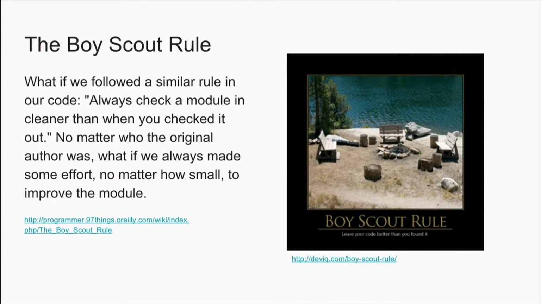And one of the ways you can help this is by using the Boy Scout rule, which is taken from the Boy Scouts and written about in 97 Things Every Programmer Should Know by Uncle Bob. Basically it means if you check out a code base and you make a change to it, if you see something that can be easily fixed, just fix it. Don't worry about, oh, it's not my code base. If you fix the code and commit it, the people that wrote it will be happy because you fixed something they needed to fix, and it'll go forward and start patching the windows up, making things easier in the future for people to make better changes.